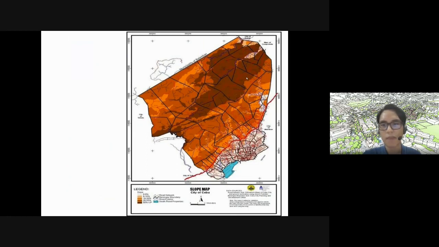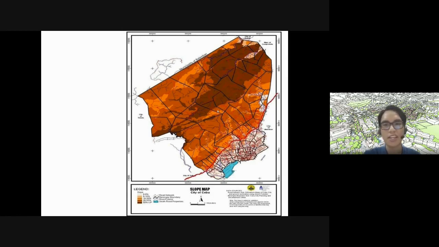And then over here is a map of Cebu City. I forgot, I didn't have notes here, but anyway, if you can see the red line over here, where my mouse is. By the way, can everyone see my mouse? If not, you can just look at the YouTube video later. Anyway, this area in red